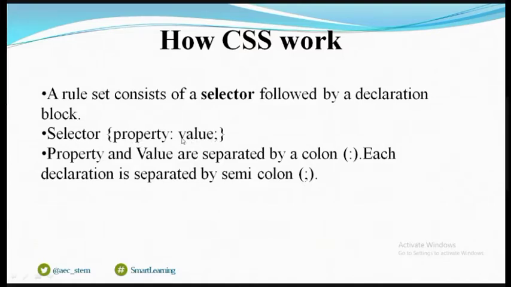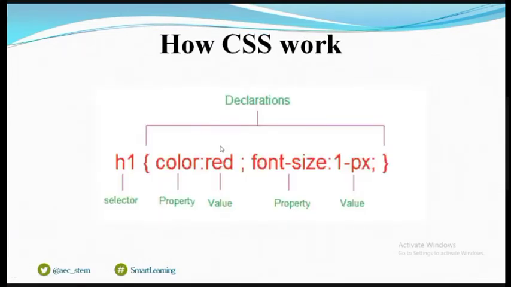The property and the value are separated by a colon. Each declaration is separated by a semicolon. In this example, H1 is called the selector and its declaration part has color as a property and its value is red, and font size and its value is 1 pixel.